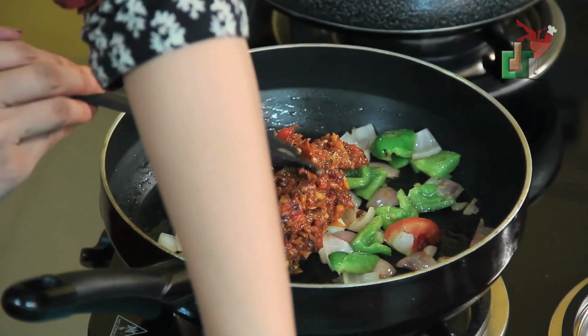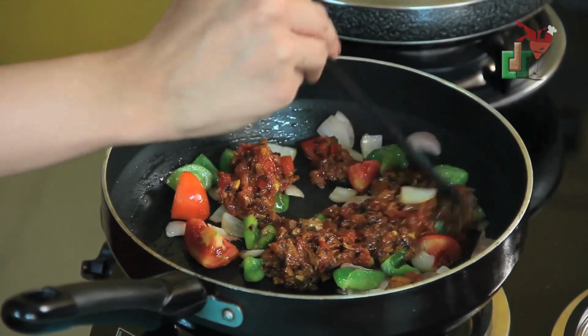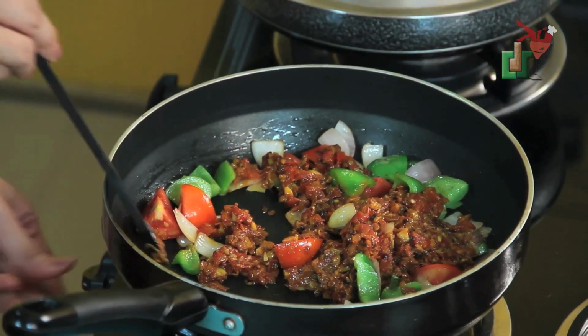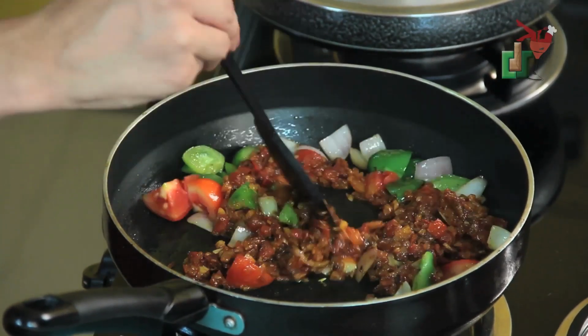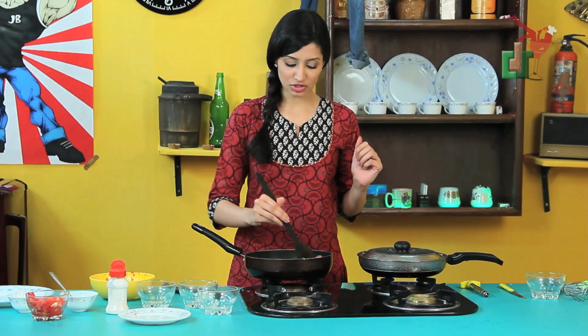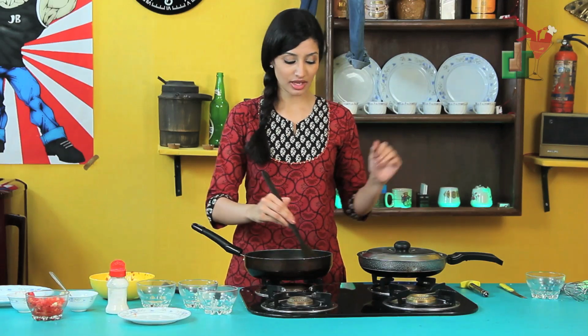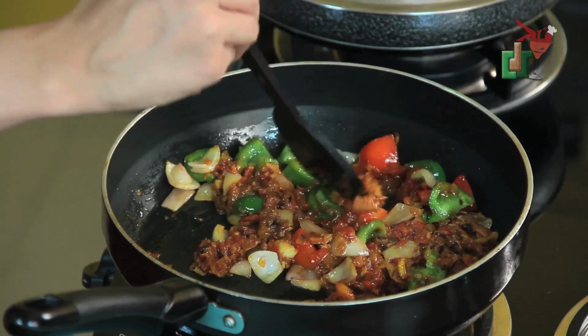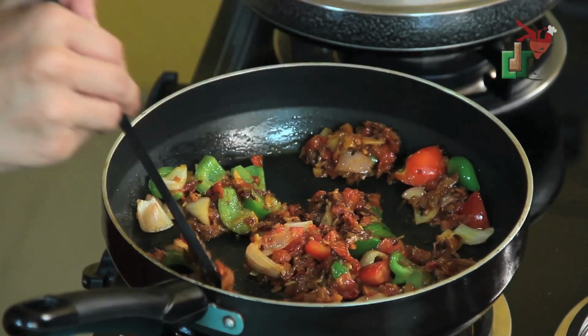Now we're going to mix it together with the vegetables that we just cooked. I'm going to turn my flame down just a little bit. So as I mix that around, to make sure my vegetables are getting cooked well. And over here I still have my noodles that are warming up. And you want them to get a little soft, so I'm just going to let that happen for another minute